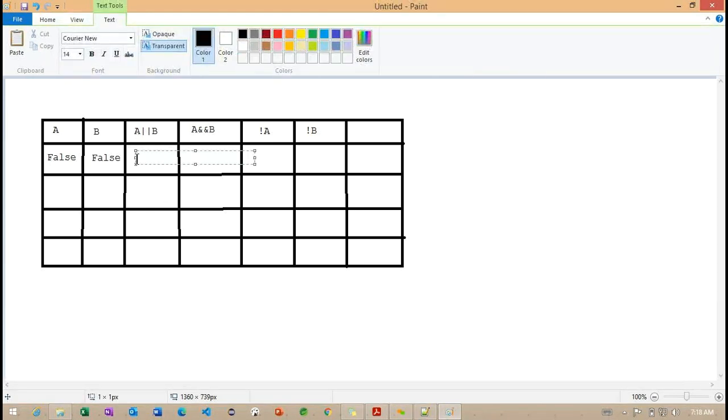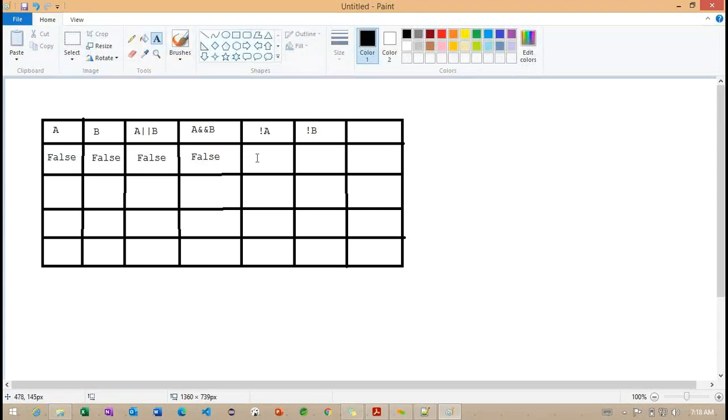A OR B will become false here. Getting the point? A OR B will become false, and in the same way A AND B will also become false.